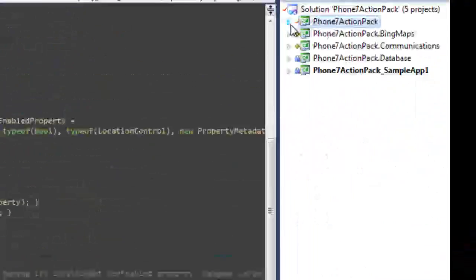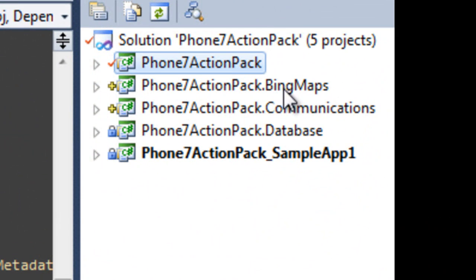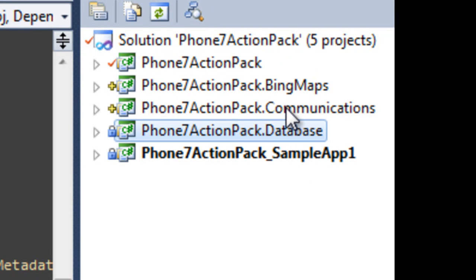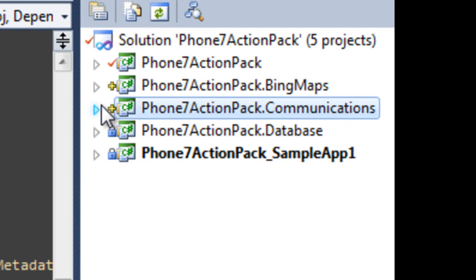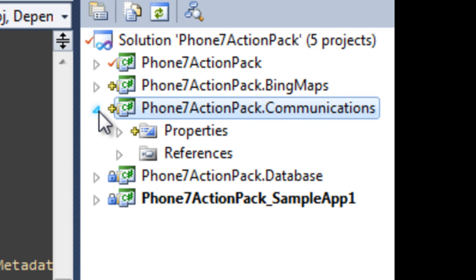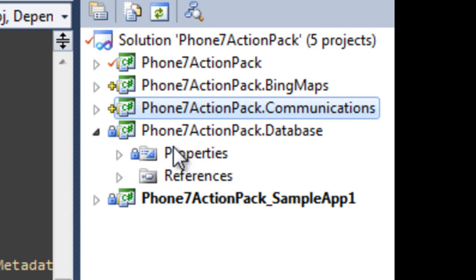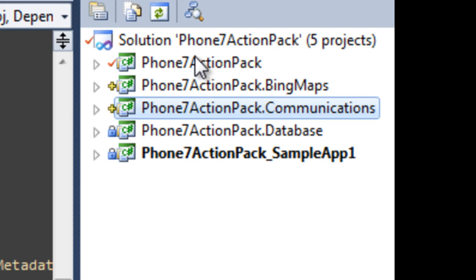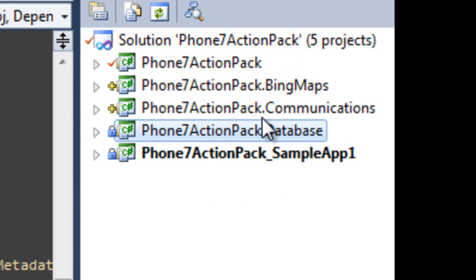We have a couple of different assemblies here, the actual action pack, the Bing Maps component. I'm probably going to give you guys a database in the initial release. It's going to be a simple XML database using isolated storage, but it will get the job done for what a lot of you will probably need to do for low-end client-side databases. Some communication stuff. I'm probably going to do a couple things to make REST services a little easier to call. That's not going to be in the initial release. The database may or may not be in. I have kind of a pseudo isolated storage database that I wrote a while ago that I may throw in, but as you can see, this is probably going to be the release structure of the